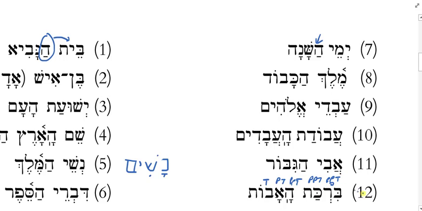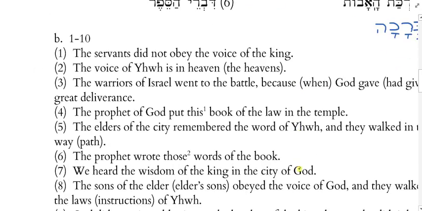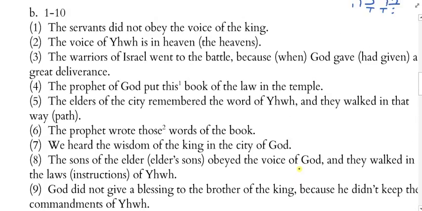And then last, because we already did 12, avi hagibor. Is that a construct form, avi? It is. What's the absolute form of avi? It's just av, right? Good old father, av. So it becomes avi hagibor. So how would I translate that? The father of the warrior. Okay, terrific. Any questions on these translation exercises? And 1 through 10, I think, was all we had for translation work.